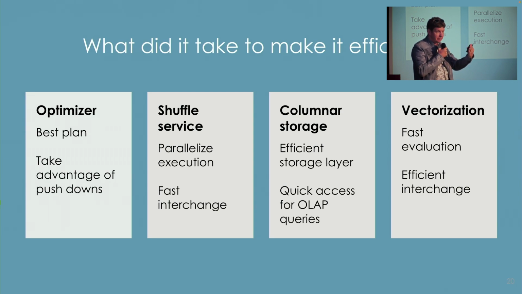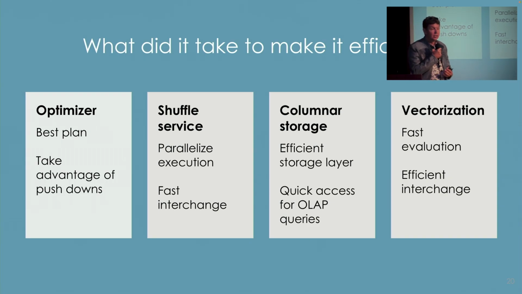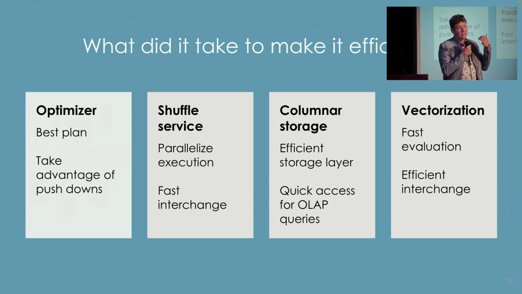But it makes it very expensive. So you can have a shuffle service that has different characteristics depending on what you're doing. You want things that are more or less reliable, and you replay in different ways, and you need fast interchange. You need columnar storage as an efficient storage layer and to enable quick access for your OLAP queries. And you need vectorization, rewriting the entire execution so it can be efficient and fast and ensure low latency